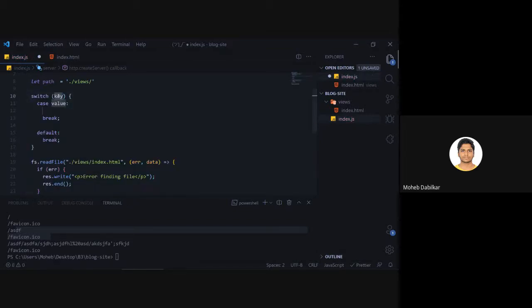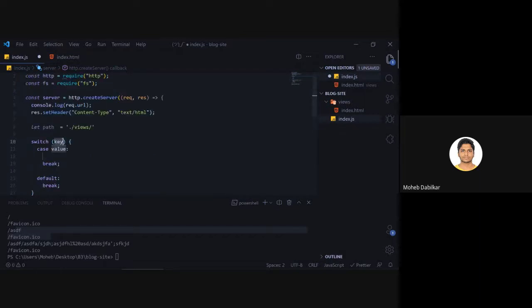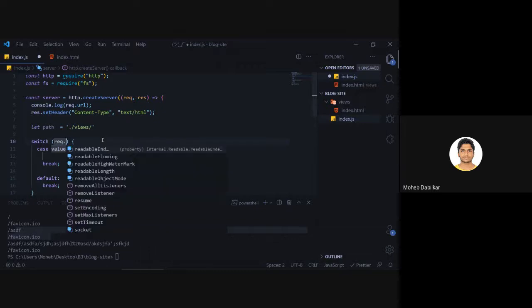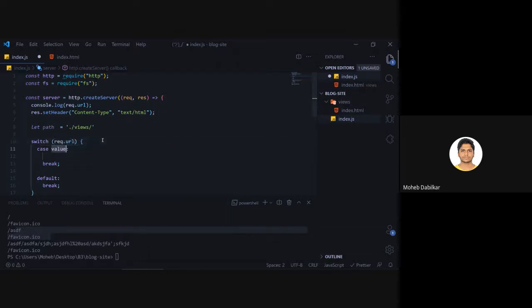So instead of typing in everything, we will take in the path. So we need the key, right? So we'll say request dot url. Now depending upon the URL, if we have a case of slash, let me just put it in there.